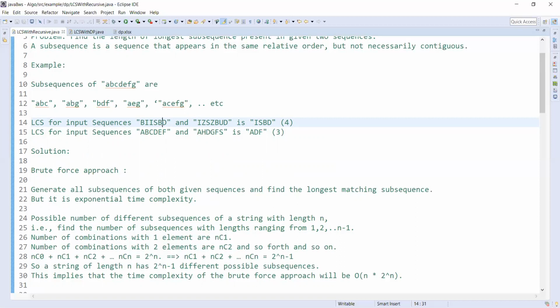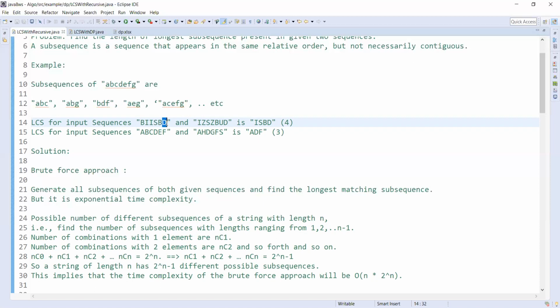The assumption here is that you are now comparing the last character in both strings, so you have already calculated the longest common subsequence before that in both strings. That's your assumption.